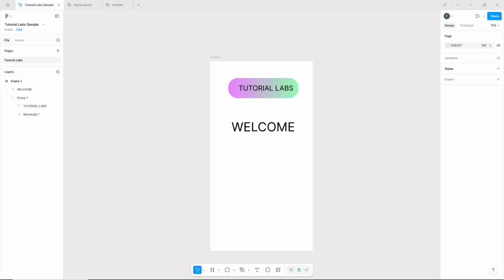Welcome back, everybody. Today I'm going to teach you how to add Figma frames into device mockups. This is a fantastic way to showcase your designs in a professional, realistic setting, making your presentations and portfolios look